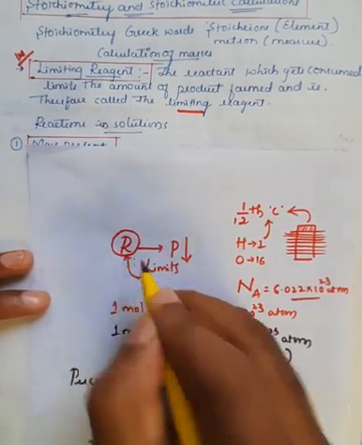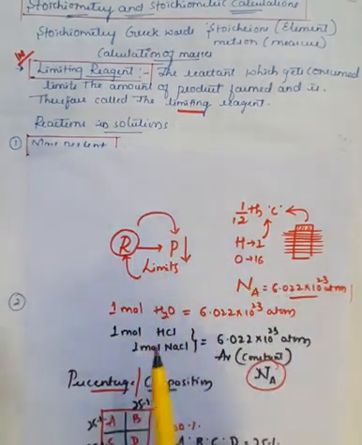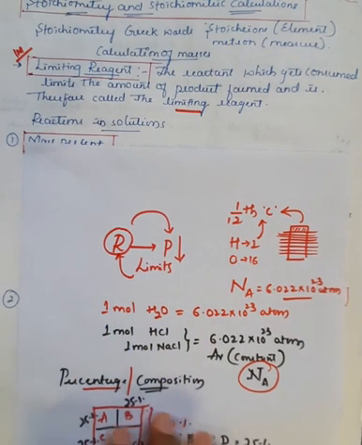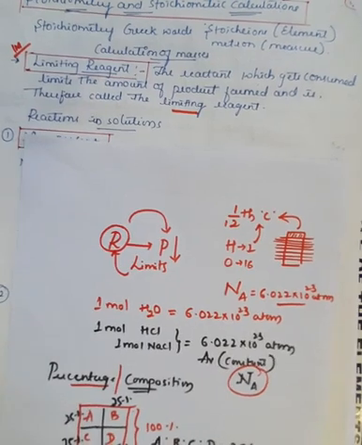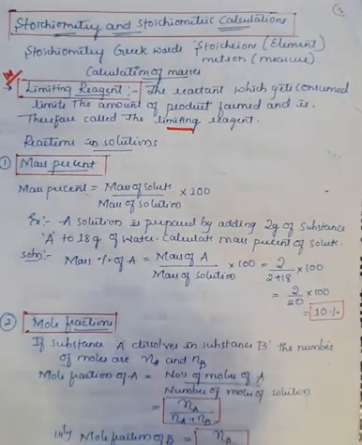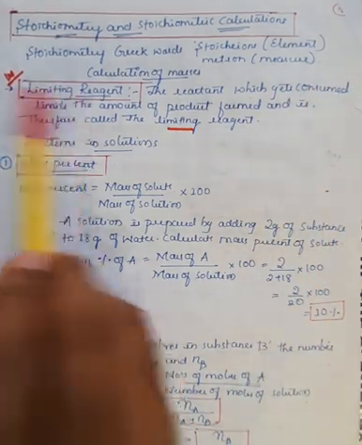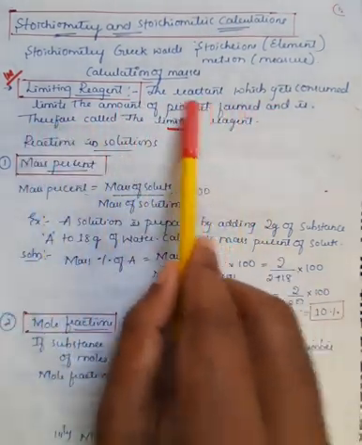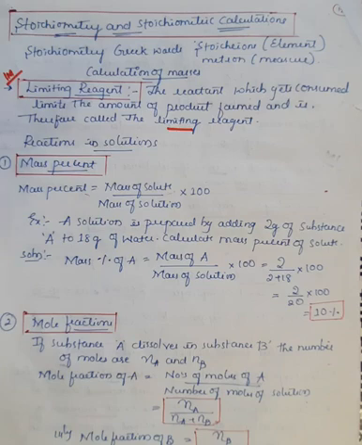This reactant limits the product formation. This reactant decreases the amount of product formed, and that reagent is generally called the limiting reagent, right? In the definition itself you can see that. The limiting reagent is the reactant which gets consumed. Consumed means used, and it limits, meaning it decreases the amount of product formed, and therefore it is called the limiting reagent. This must be asked for 1 mark in your annual examination. Be careful with the limiting reagent formula.